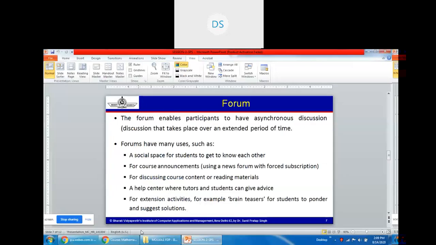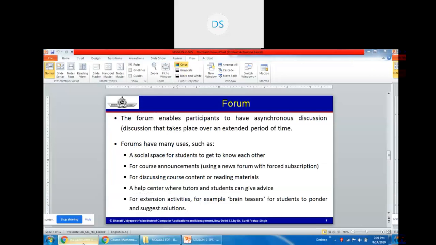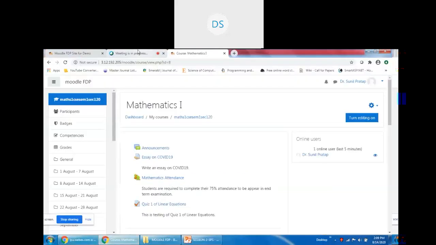So now let's see how we can implement these forums, messaging, chat in the Moodle environment. So please log into your Moodle account, and first let's see how we can add the chat module activity in our course space.